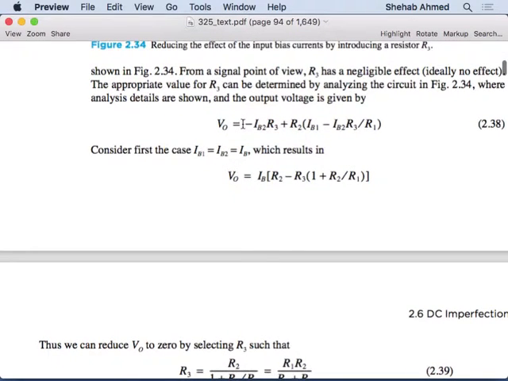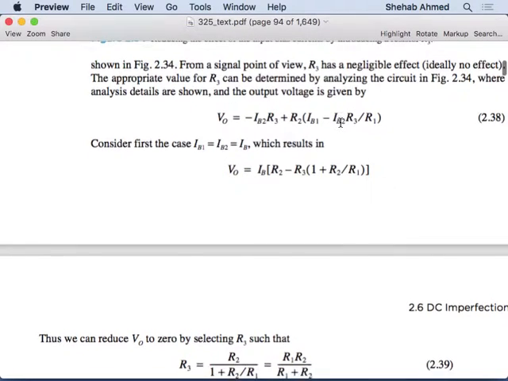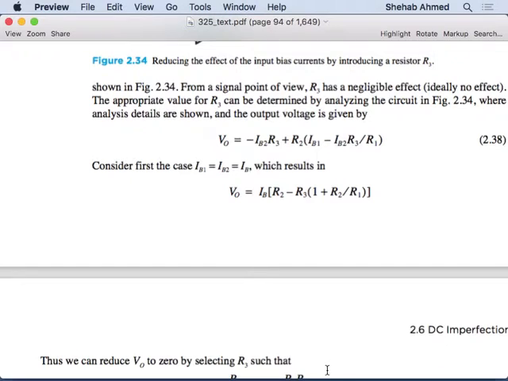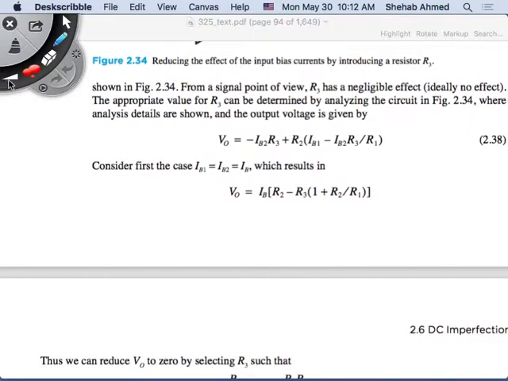How about if you go back to this equation and you substitute with, remember, IB, the input bias current, was the average value of, if we go back to our definition for input bias current, I had their average value, IB was equal to IB1 plus IB2 over 2, right? We said that they're very close to each other, but they're not exactly equal yet. So one way I can rewrite IB1 as